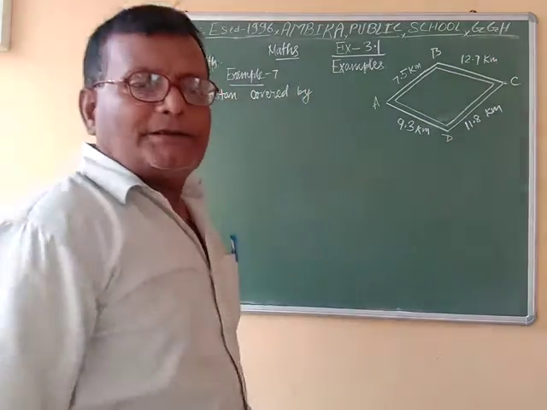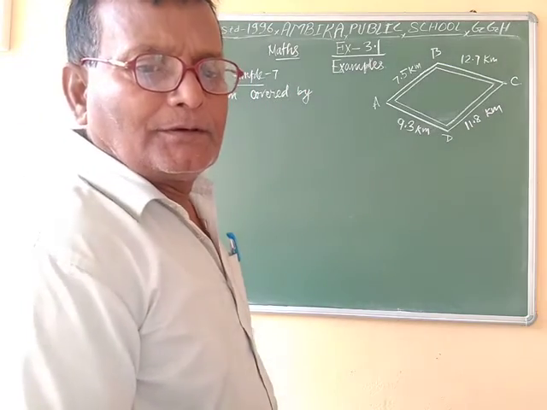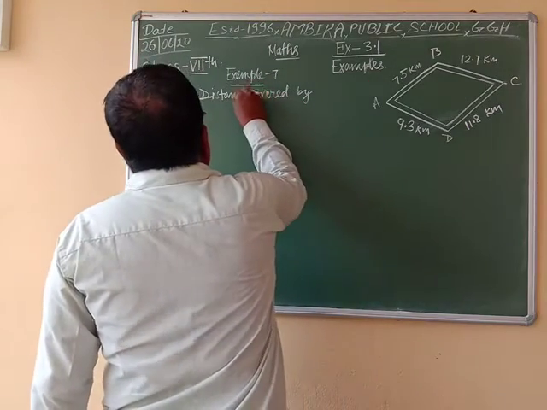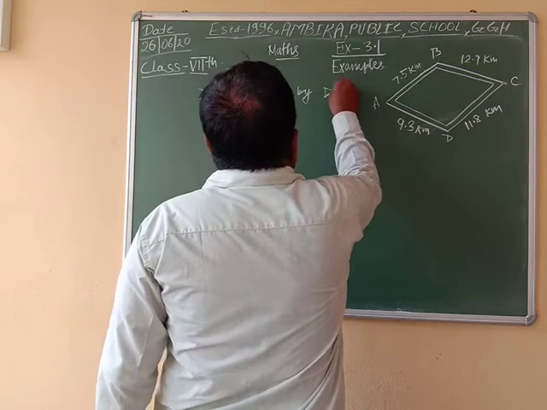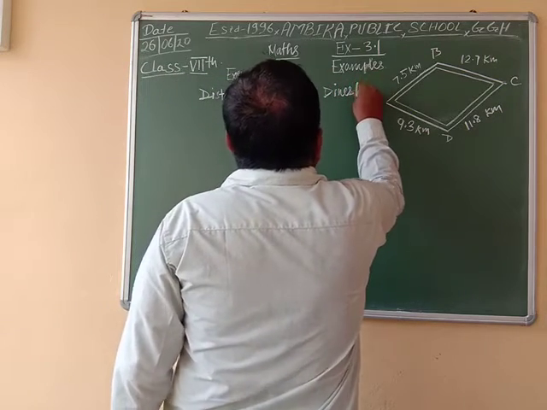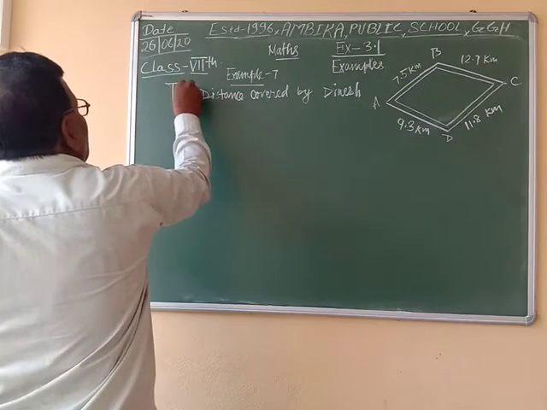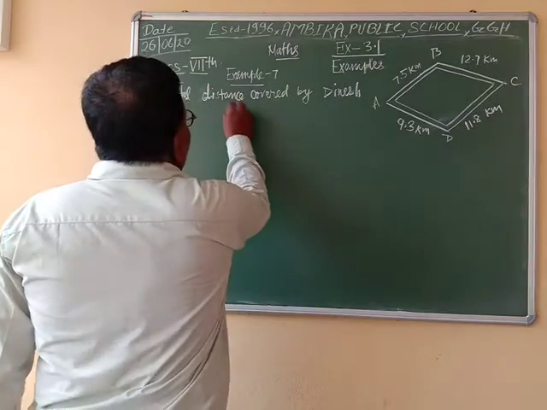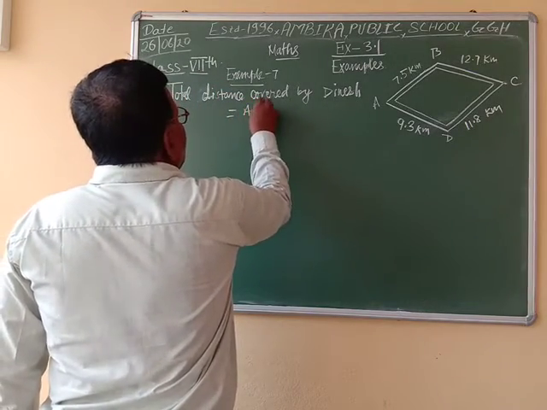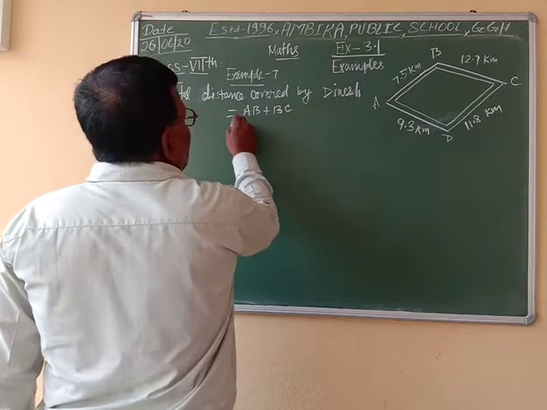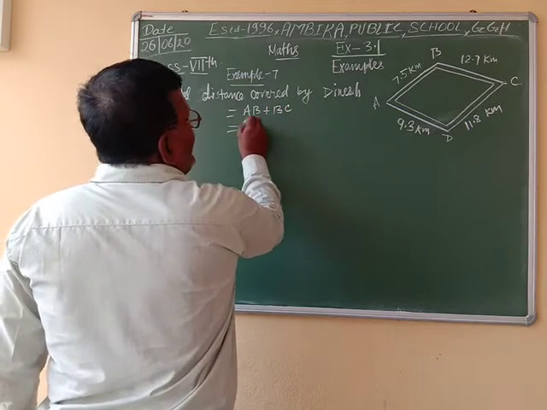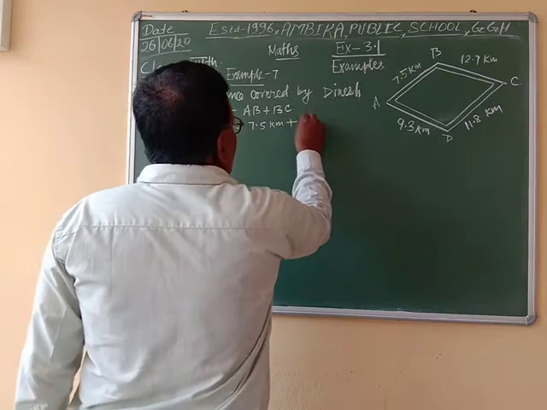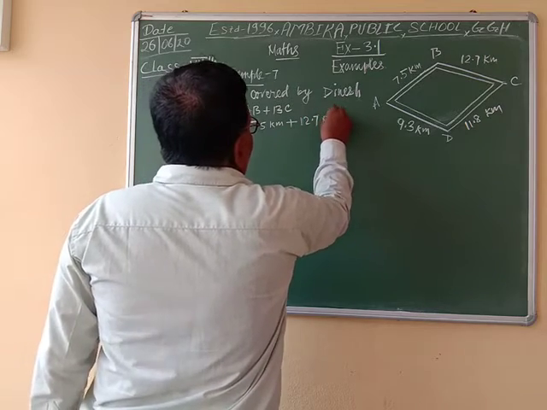Total distance covered by Dinesh is equal to AB plus BC, is equal to 7.5 kilometer plus 12.7 kilometer, is equal to